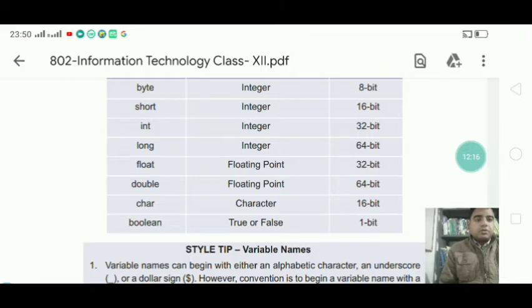Next comes the long integer data type and its keyword is long. To store the value you need 8 byte of memory to store a long integer value. So its value is very large, up to 19 digits you can store here.